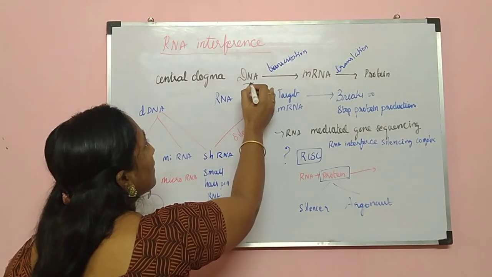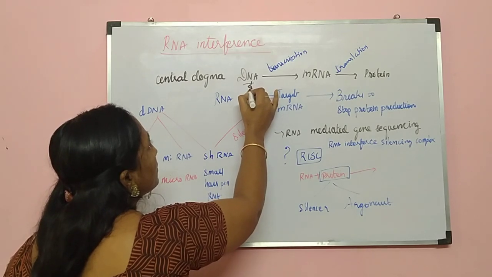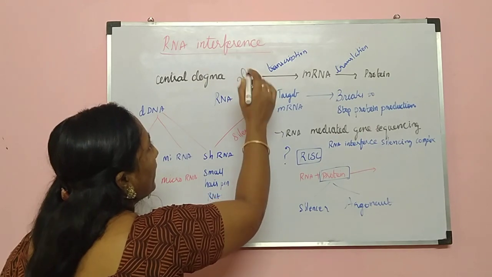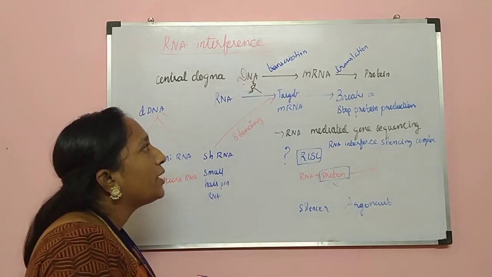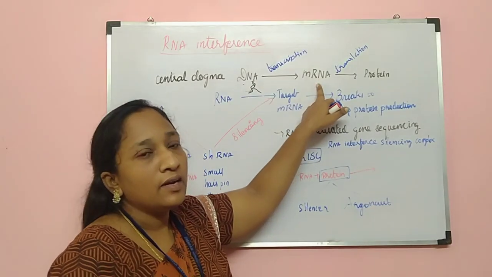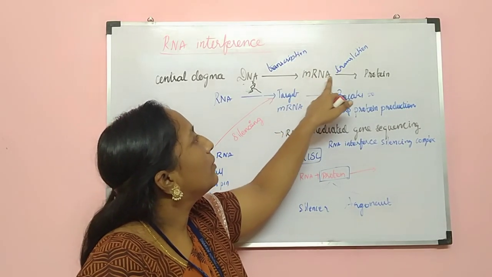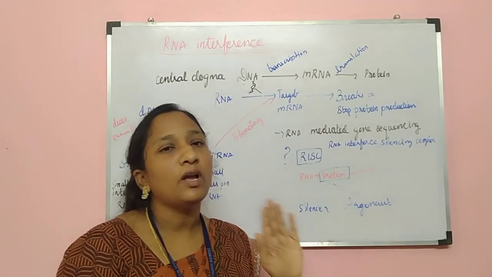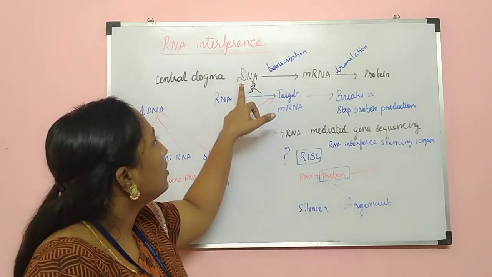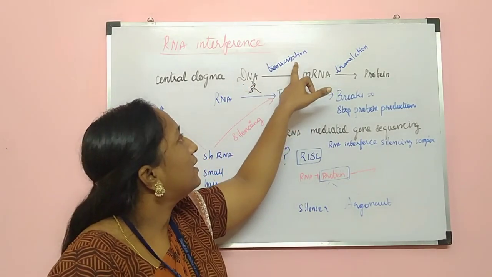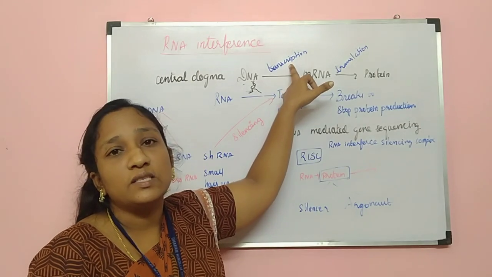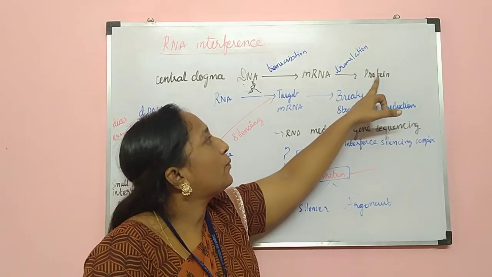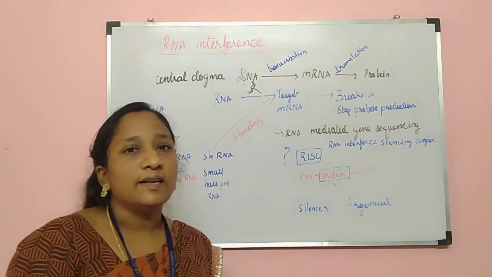DNA can replicate itself. The DNA strand will replicate itself. Now from the DNA, the information is copied by the mRNA, and from the mRNA, by the process of translation, the protein will be synthesized. Normally in our cells this takes place. The information from the DNA is copied by the mRNA by a process called transcription, and using the information of the mRNA to make protein is called translation.